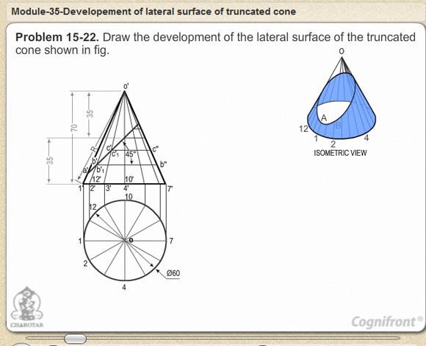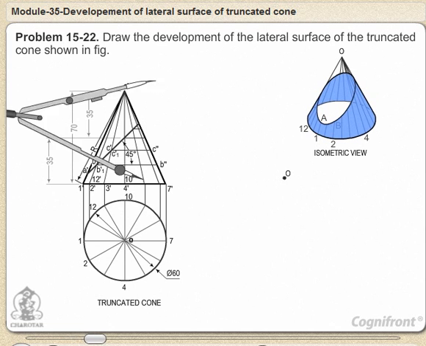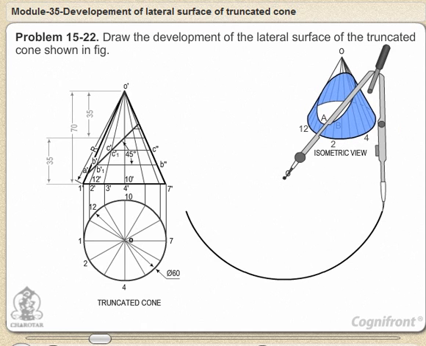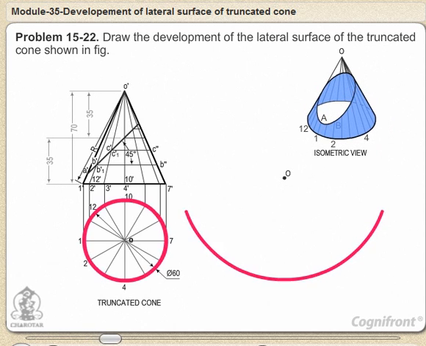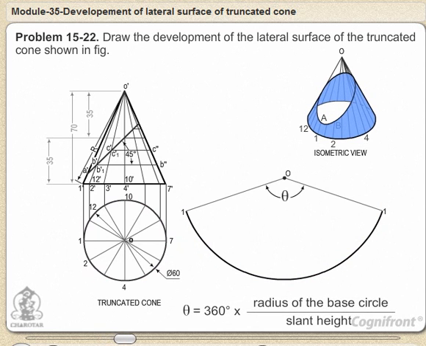With any point O as center and radius equal to O'1' or O'7', draw an arc of the circle. The length of this arc should be equal to the circumference of the base circle. This can be determined in two ways. Calculate the subtended angle theta by the formula theta is equal to 360 degrees into radius of the base circle